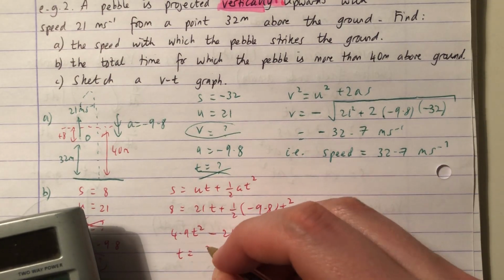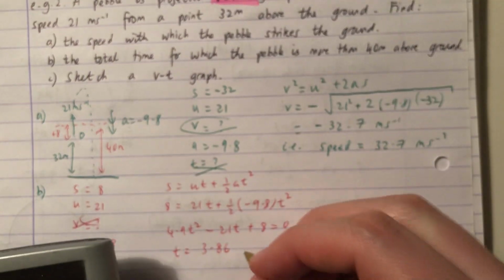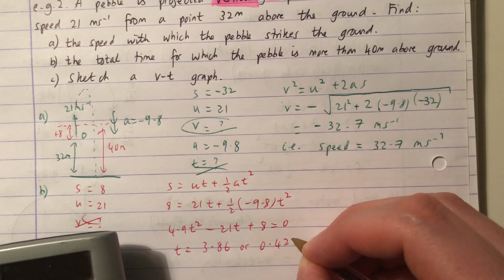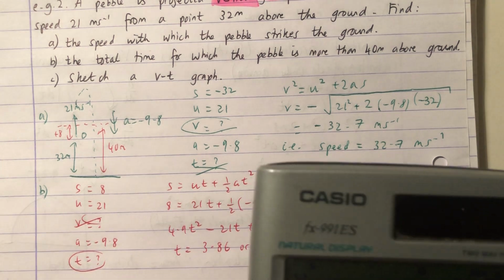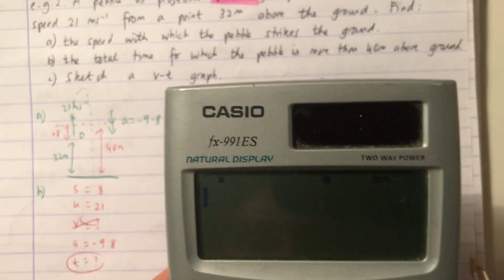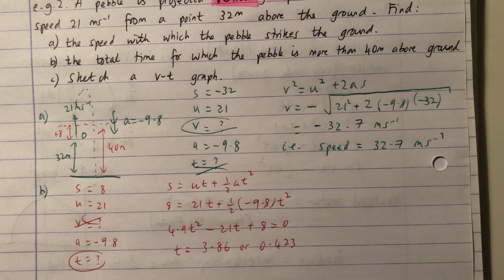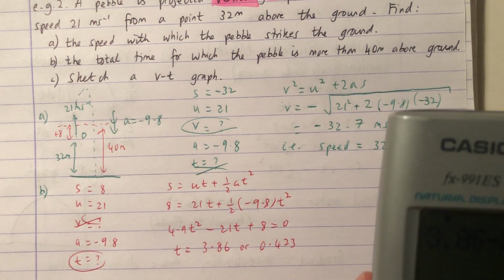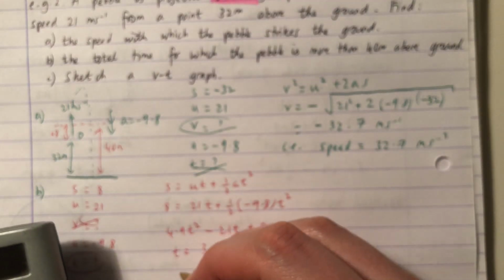Either t is equal to 3.86 or 0.423, to three significant figures. If you took the difference between those two times, that would give you the time for which it was above 40 meters. So 3.86 subtract 0.423 gives you